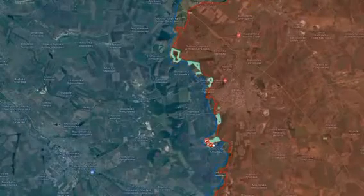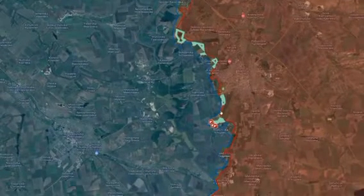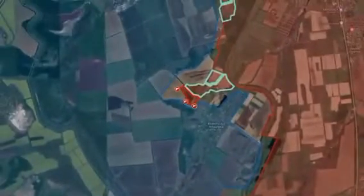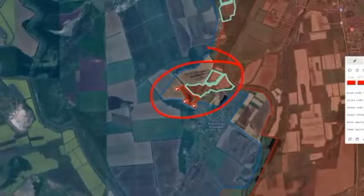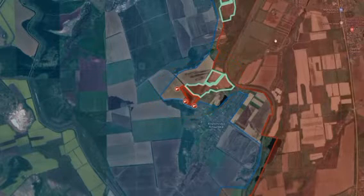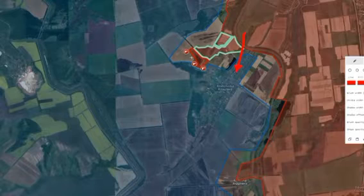They also sometimes launch armored-based assaults to try and clear the way for the infantry. However, the main focus of the Russian forces here is getting to urban areas and then storming it. This is similar to what we're seeing by Klishivka. They launched armored assaults here to the north, capturing the fortified trench network to the northwest of the village, and as such they are now going to launch infantry-based assaults towards the village itself and launch further armored assaults westwards,